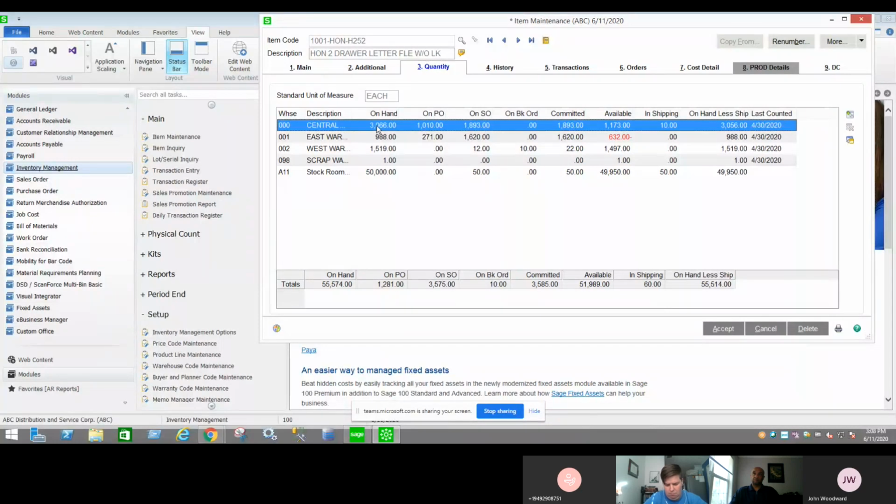Now notice for each warehouse, I track quantity on hand, what's on PO, what's on sales order, committed, available. Now in this case, available is the on hand minus what's on sales order. So a salesperson coming in to place an order for this item against warehouse 000 will not see 3,066 available. The quantity that they'll be presented available for sale will be 1,173, accounting for what's already ahead of them